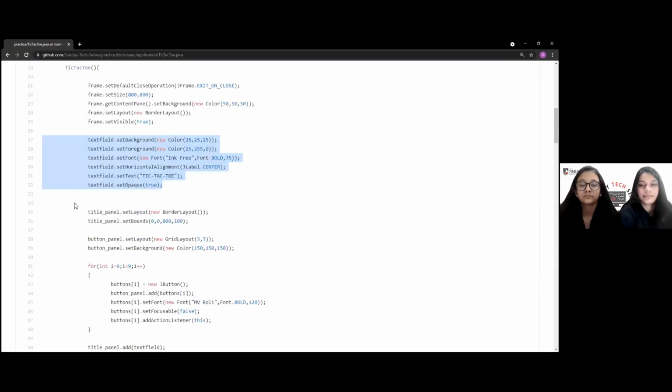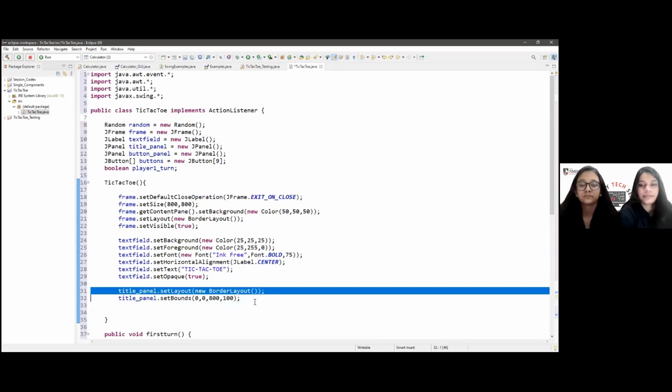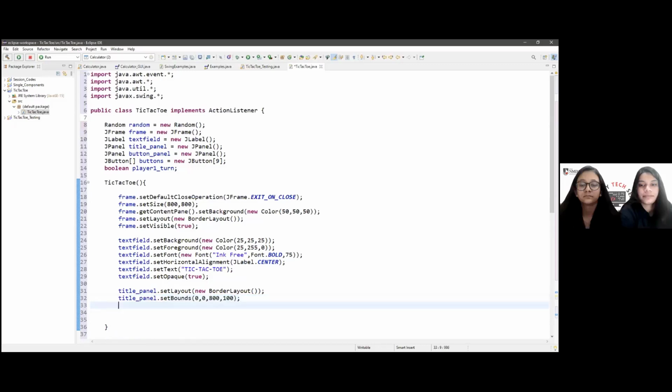Now let us work on the panel next. So again copying, then pasting it. Here we have set the layout and we are going to use a border layout. Then for the next line, we have set the bounds for this panel and we are going to place the coordinates of where we want this. Next, let us add all of the buttons.